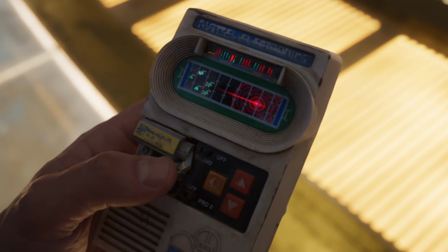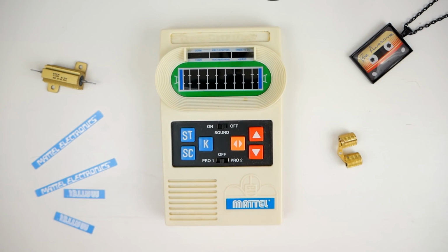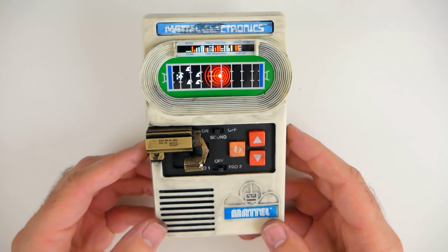Today I'm going to be showing you all how I modded this Mattel football game to look like the scanner from Guardians of the Galaxy Volume 2. Yes, I know, I am finally continuing my Star-Lord cosplay. I had to table it for like 5 months because I couldn't afford it. Finances got a bit tight for a little bit there, but I'm back and I am very excited to continue